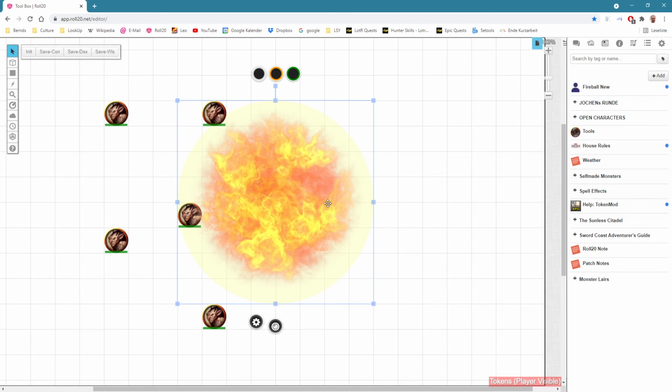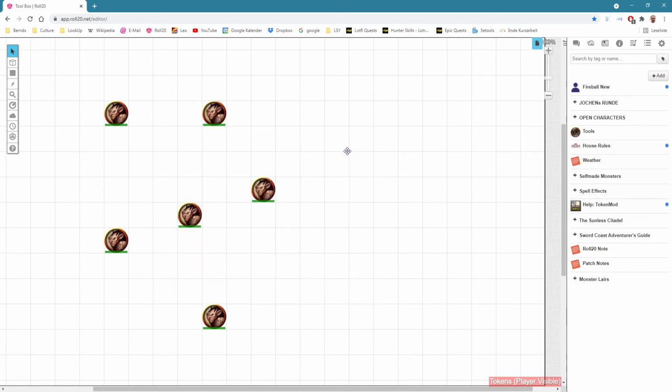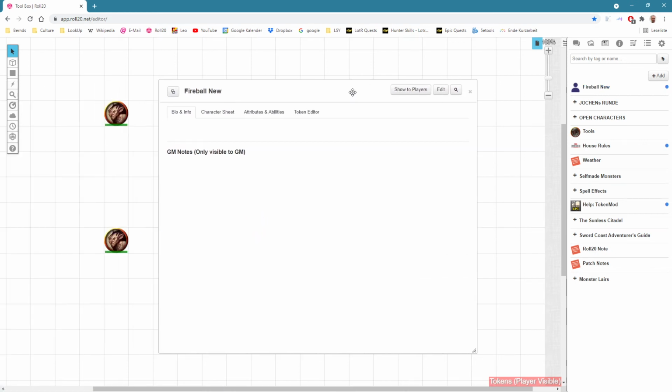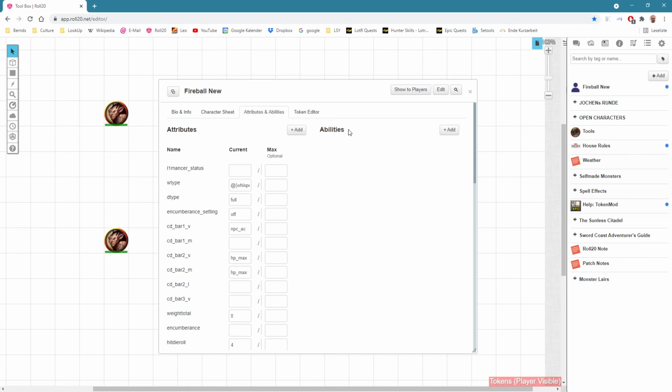And you can even do more fancy stuff with it, because now it's a character. I know you will have a spell macro which rolls the damage of the fireball, but in case you have ongoing damage, maybe you have Evard's Black Tentacles, which lasts along the map for a while and does damage all the time if one character is in it and starts its turn there, so you have to roll multiple damage, and maybe you don't want to use your spell macro all the time for the damage. Then, because it's a character, you can add an ability,